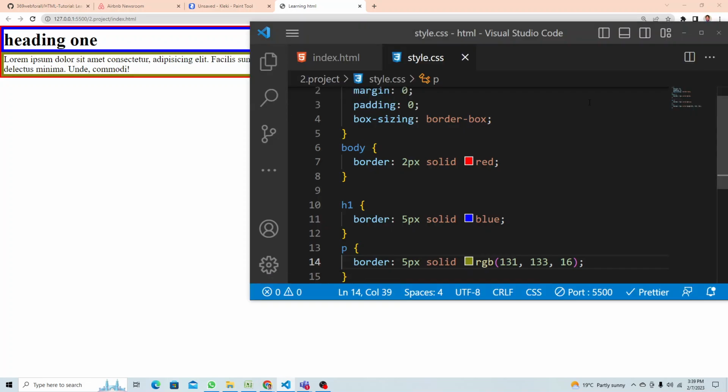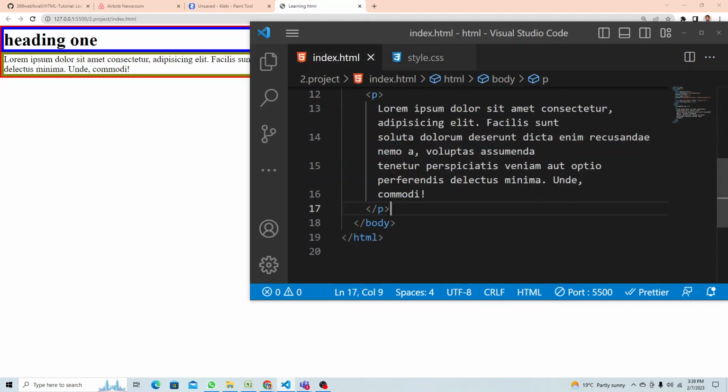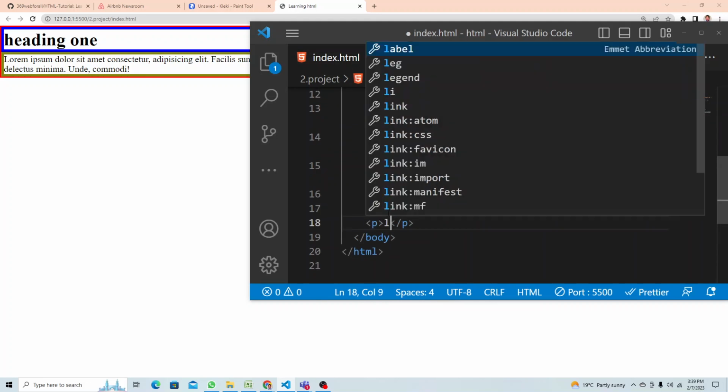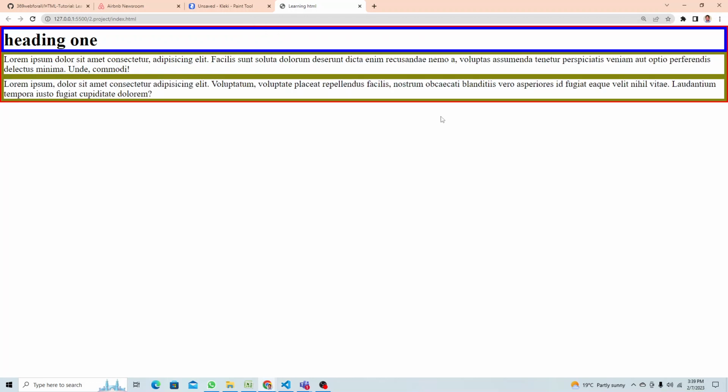And if I keep adding another paragraph again, if I go back here, p tag, lorem ipsum, save, see, I'm going to have a new paragraph, because they have the same border, right? They're going to come with this new border below that. See,